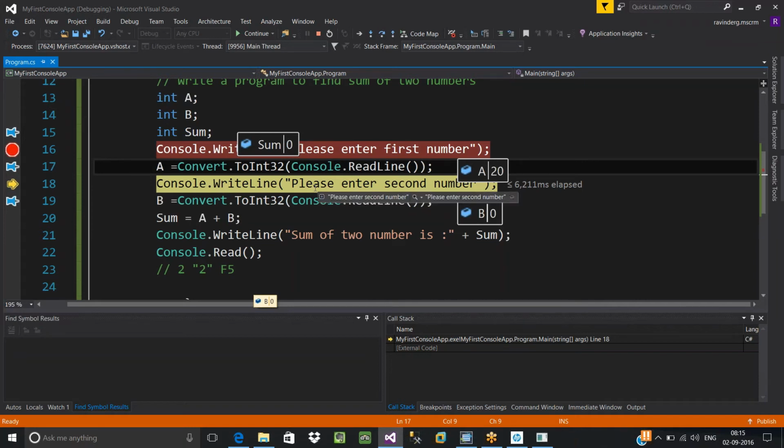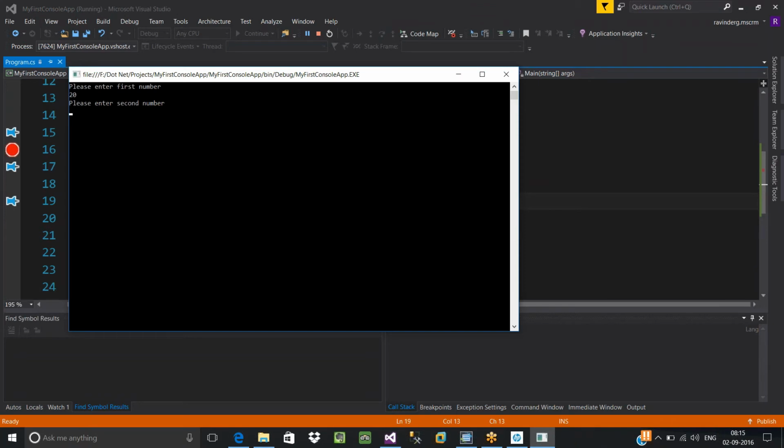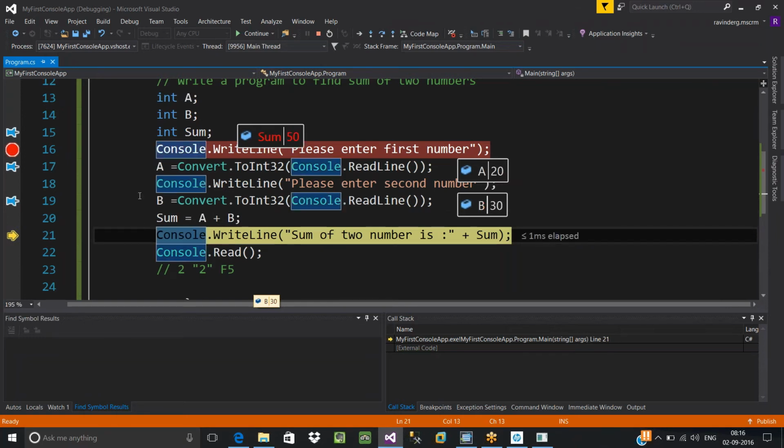Now it will ask the user to enter the second number. Once you enter that number, it reads that number from the console window and stores it into b. So again press F11 to go to the next line. See, now it will ask you to enter the second number, some 30. Now the value of b is 30. a is 20, b is 30. Now we are going to perform the addition operation between these two. This will take care of adding a and b and storing the result into sum. Press F11. See, what is the sum? It is 50. Our operation is done.